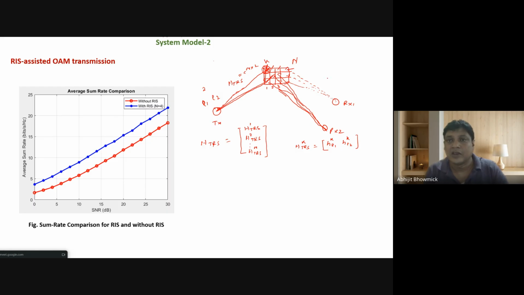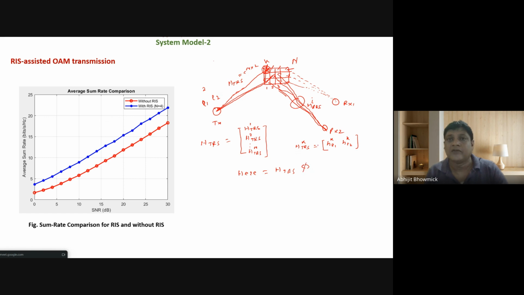Similarly, when I'm thinking from RIS to that ith user, it would become another set of channels. So end-to-end channels. Now I'm describing, say this is HTR and this is for the ith user, HRRS I. If I use i equal to 1, then user 1. If I use i equal to 2, then user 2. So end-to-end channel, HE2E, I can write HTRS, then that